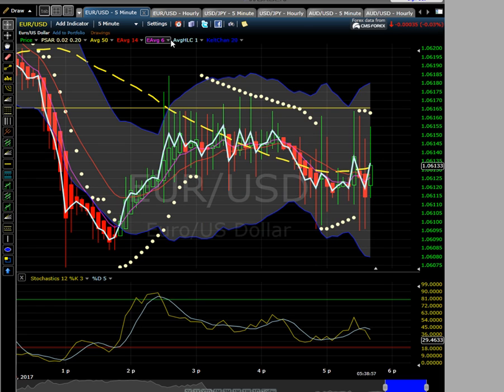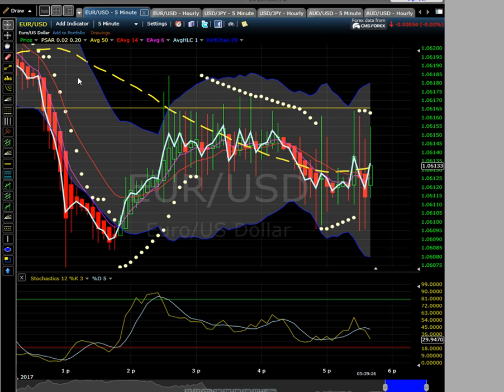Another moving average that I added up here was the EMA 6, and this is not really for a support and resistance kind of treatment, because as you guys notice, when you look at these Heikin-Ashi candles, this is what these are, Heikin-Ashi candles, you will notice that they're not indicative of actual market movements. They're really based off of